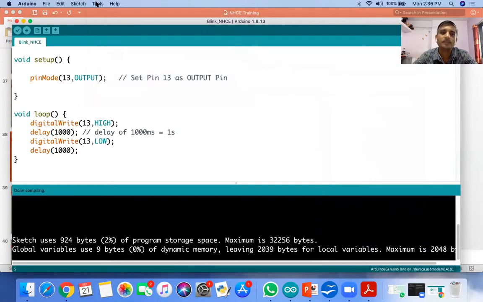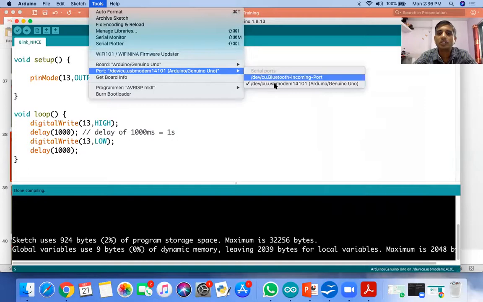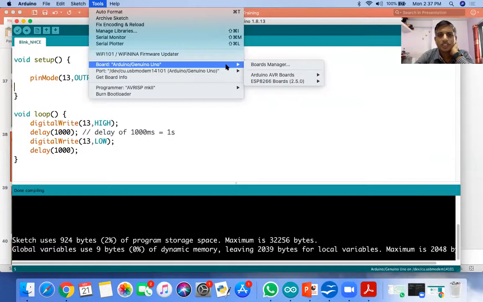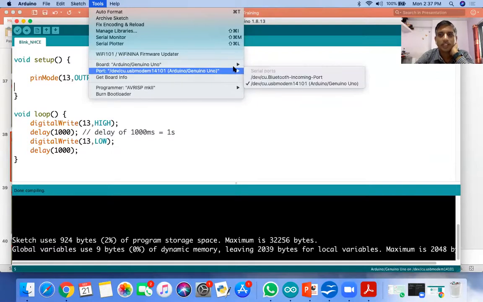Next is selecting the COM port. Here there are two COM ports. The first one is Bluetooth, because my computer has Bluetooth, so that's why it is showing that port. And the new port appears when I connect my board. The name is /dev/cu.usbmodem414101. In Windows, if your computer has a Windows operating system, it might appear as COM3 or COM4. So these are the two selections you have to carry out